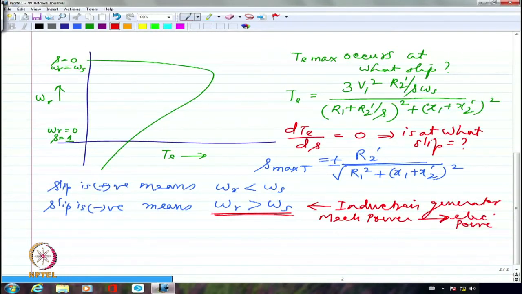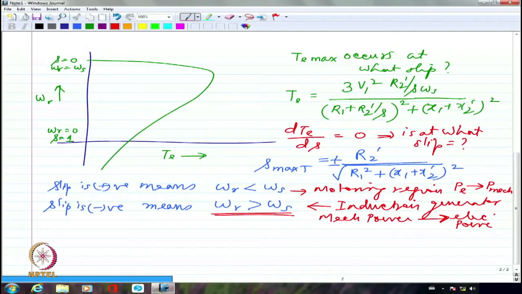Whereas this happens in motoring region, where electrical power is converted into mechanical power. I am not going to elaborate further on the generator region because that will take its own 2 hours at least. So let me not get into generator region because we were only primarily concerned with the motoring operation, but